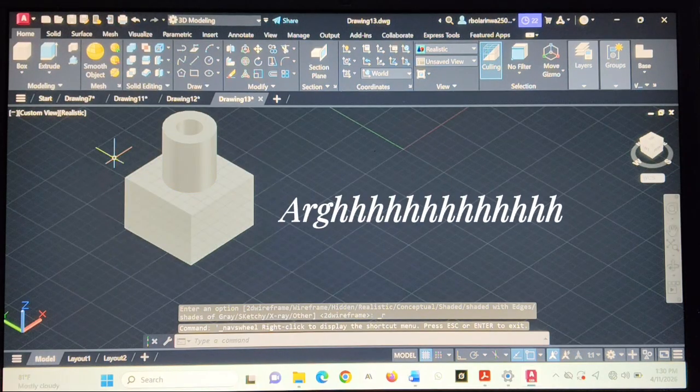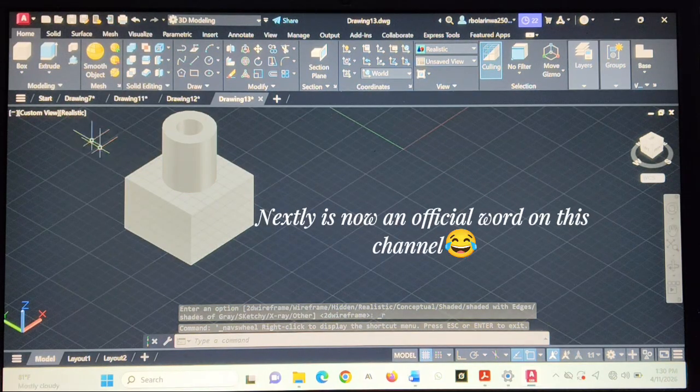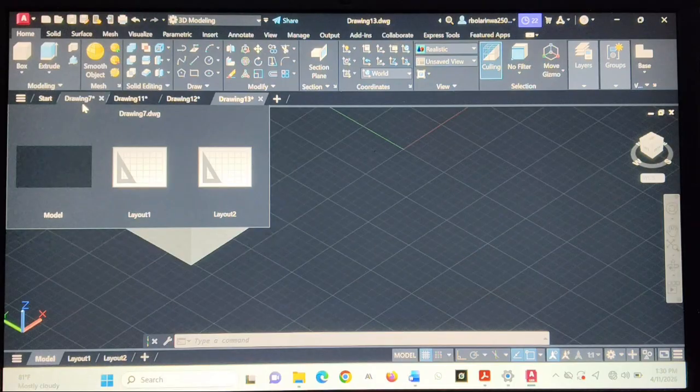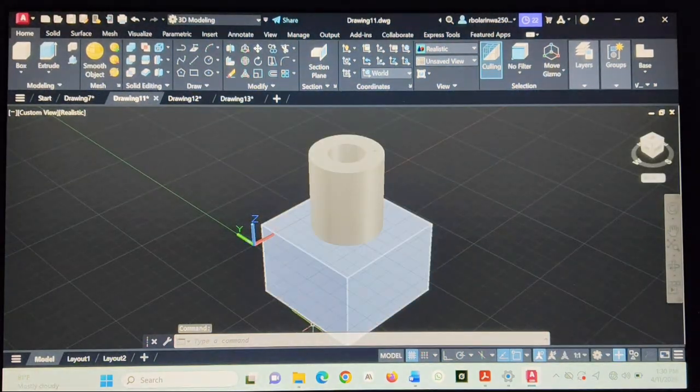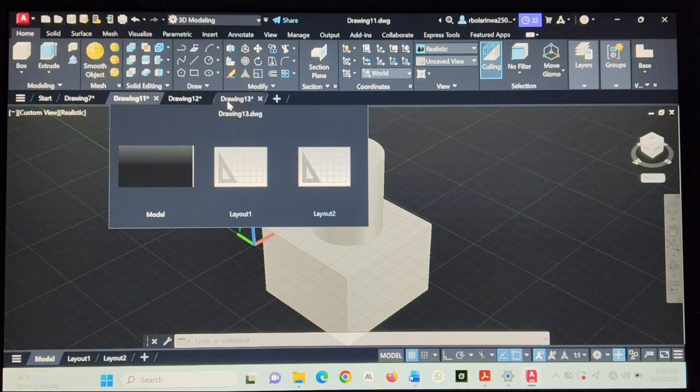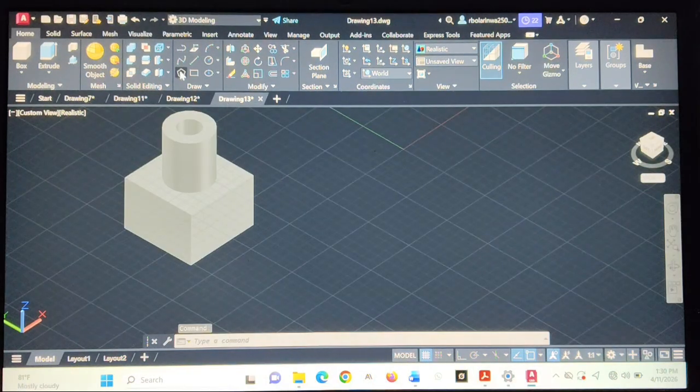So nextly, if there is such a word in English. So next we're going to be doing, oh, I didn't puncture the holes here, it's fine. We're going to be making holes at the bottom, so it's going to be like the holes are going to be intersecting. So to do that, I'm going to come here and type